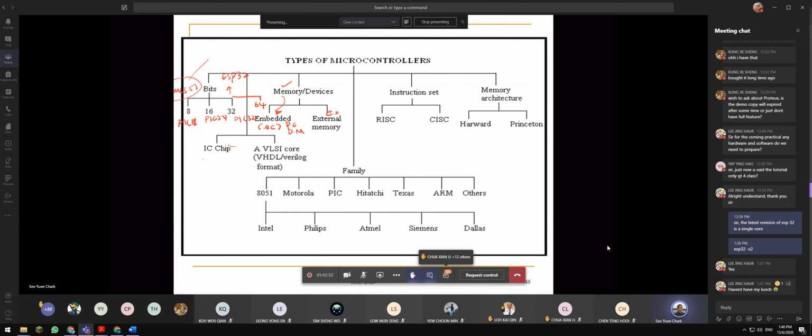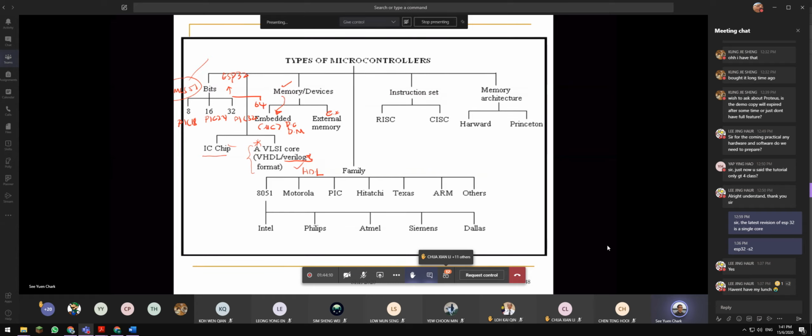Oh, this one I missed out. When it comes to design, we got an IC chip, and we also talk about VLSI. So remember, VLSI is just the process to create an IC. Actually, embedded system design should be related with VLSI design, just for information. If you are hardworking, please master Verilog, at least Verilog. Verilog and VHDL are a bit different. I prefer Verilog. This kind of language is called an HDL language, hardware description language.